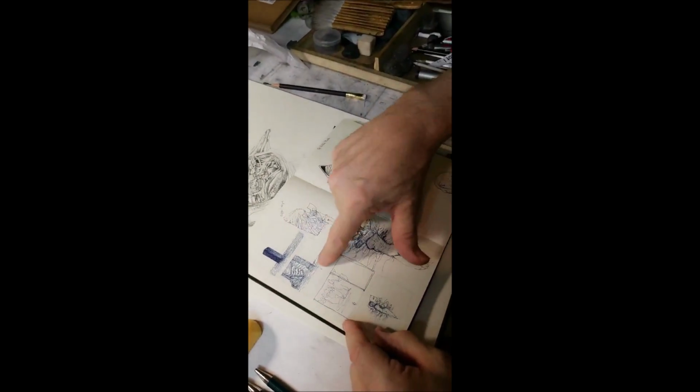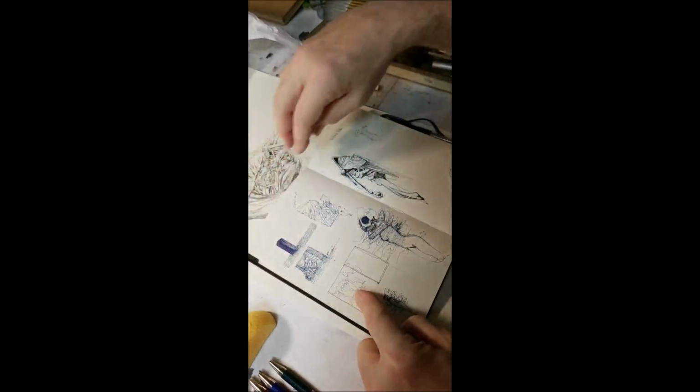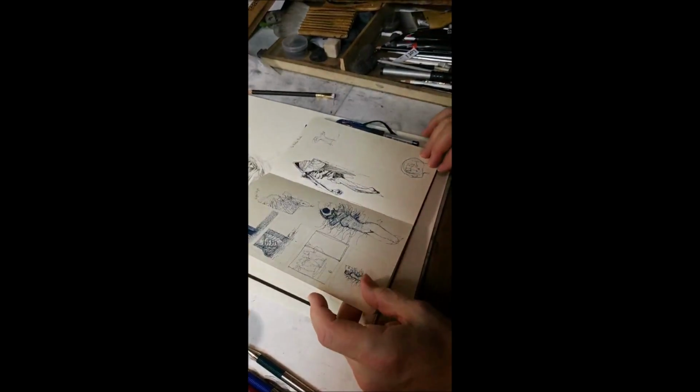And I'll do like these. Like this is actually a landscape, which I haven't done a lot of, but I'm about to get into some. But anyway,